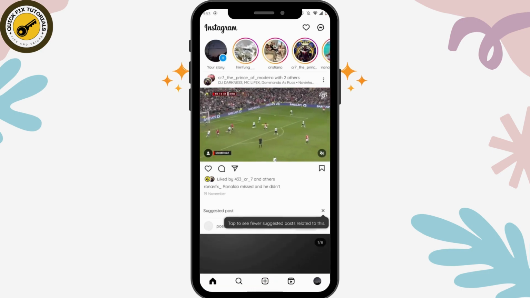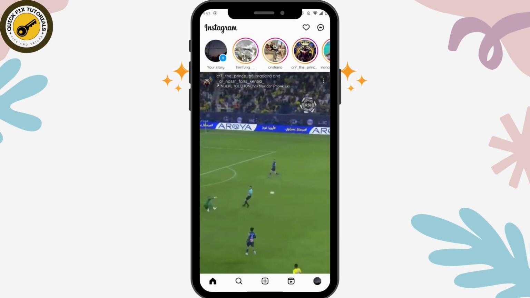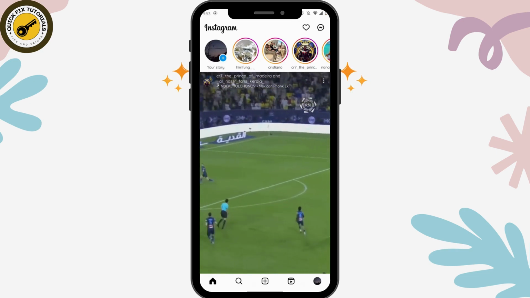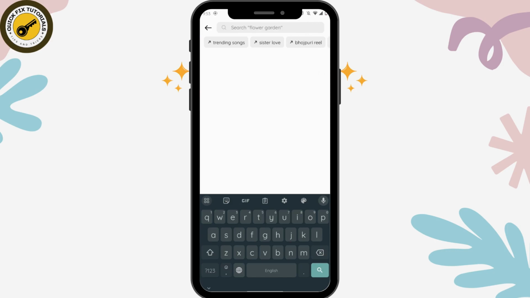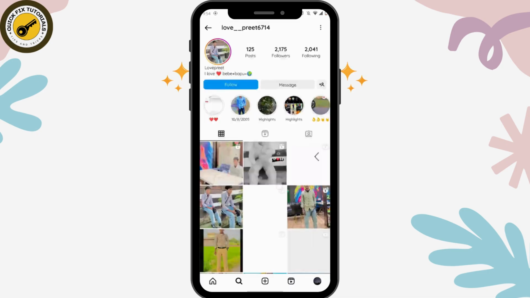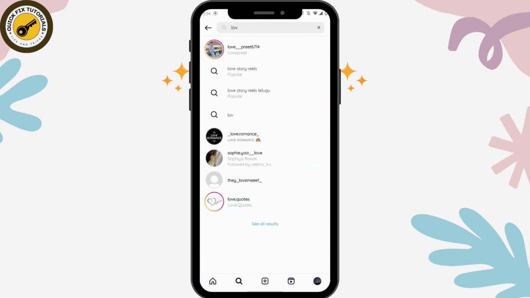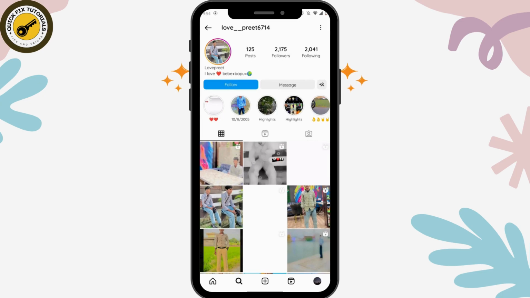And then after opening, now you can simply go for the search icon, which is on the bottom left. And then you can go for the search bar. And from here, you can simply search any person that you would like. So I'll be choosing this person, and after choosing a person, now you can simply go for the followers,